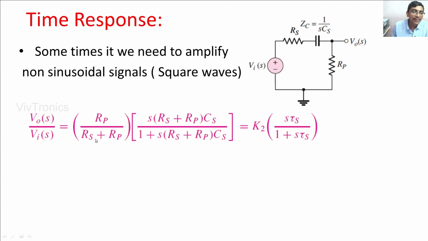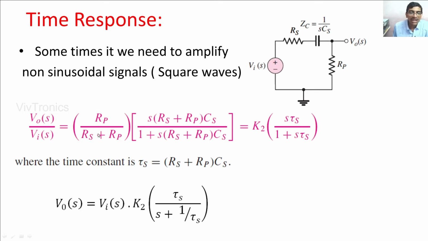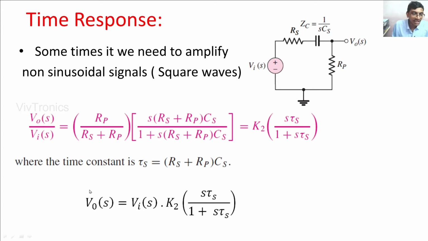Here Rp/(Rs+Rp) I am taking as the constant K2. The (Rs+Rp)Cs I am going to take as tau s, that is the time constant of the series circuit, where the time constant tau s is equal to (Rs+Rp)Cs. From this equation I am going to get the output voltage V0(s). If I take Vi(s) to the right hand side, it multiplies the right hand side expression. Therefore, V0(s) is equal to Vi(s) times K2 times s tau s